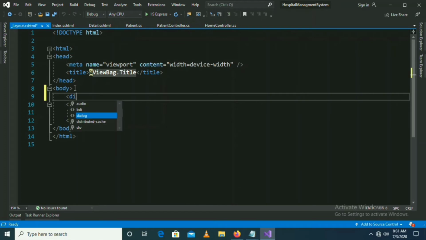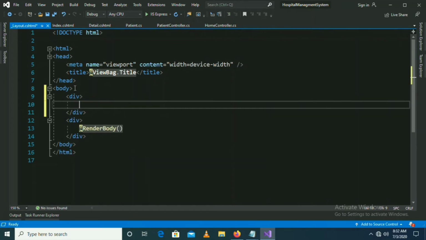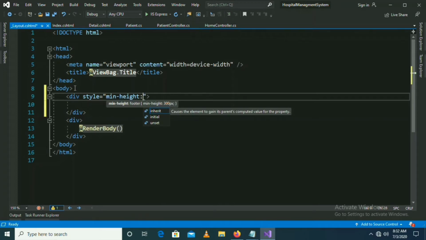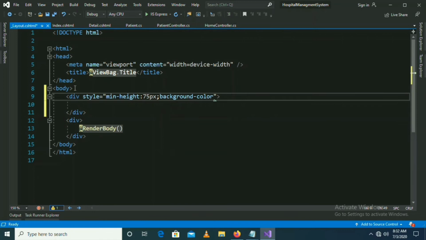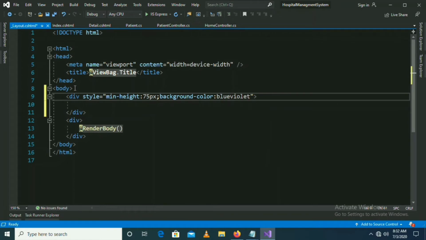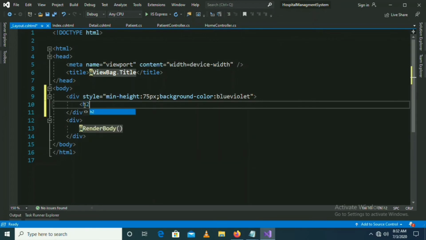So now what I want to do, I am just going to add a div section for writing a header for my application. I am giving the head section a minimum height of 75 pixels and a background color to distinguish of blue. Let us give violet, and here I am giving under an h2 tag, header section.